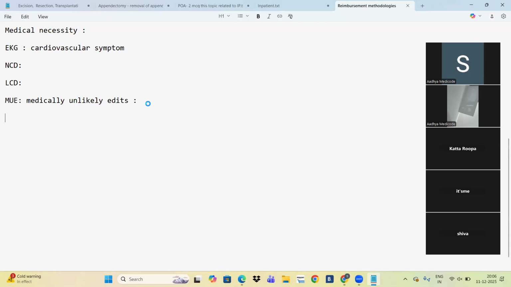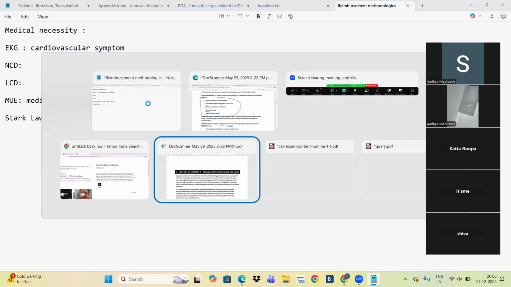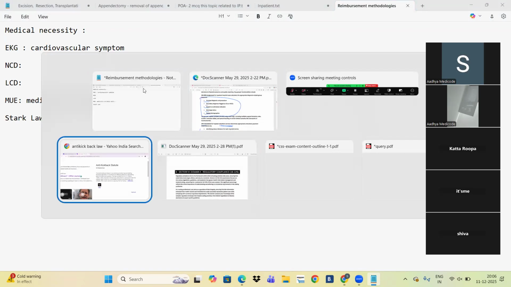So the first concept should be some laws we can discuss. Note down Stark law. What is the use of Stark law?